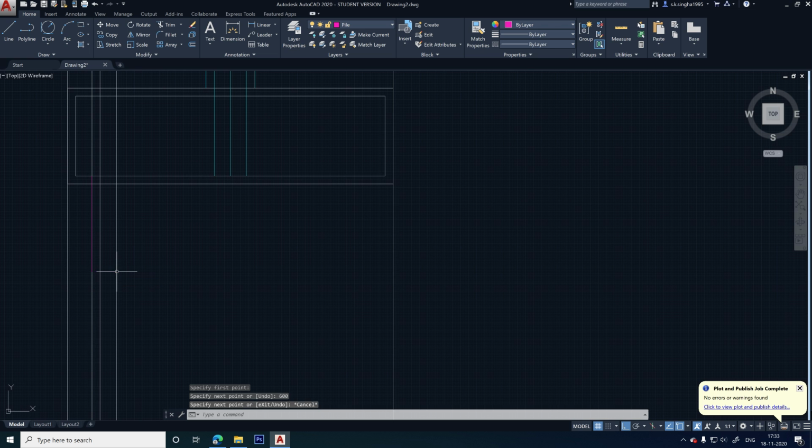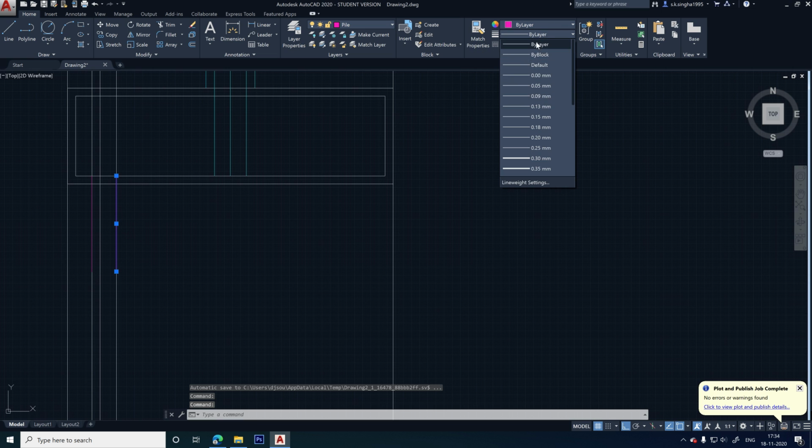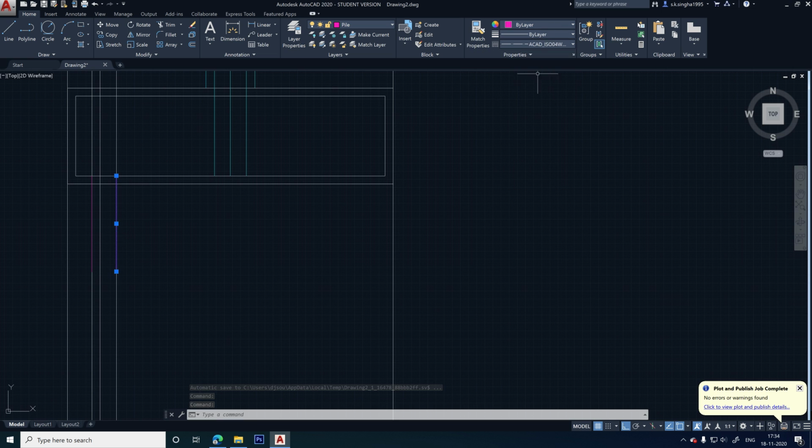Make the center line as well. So this is basically the center line. The type of the line should be not straight, it is dashed. Yeah,